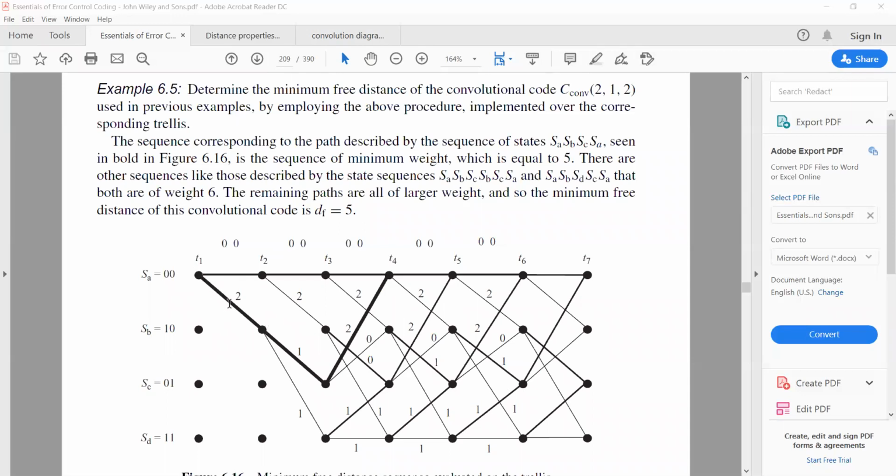We calculated the Hamming distances between the received code in this position and the corresponding output, between this received code and this output. I think you can remember from the previous lecture. So that was from the